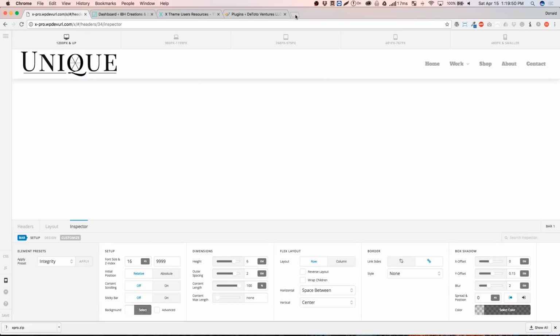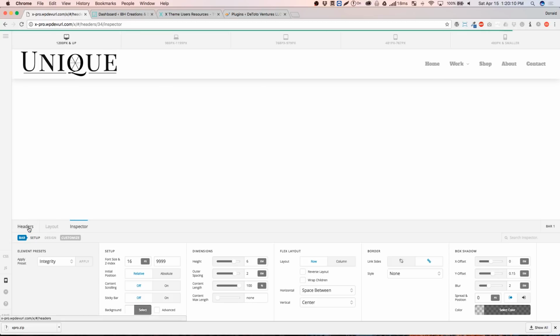So while I was in beta for X Pro, and I think actually somebody commented something about that real quick. Hold on. Creating a vertical menu in a footer. Is there a way to set the spacing between items to be line spaced so that you have several menus of different lengths so they all line up? Joe, you might be able to do,